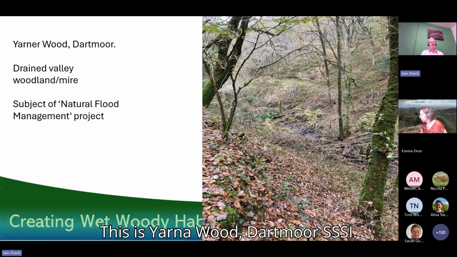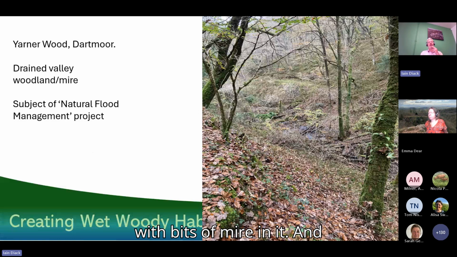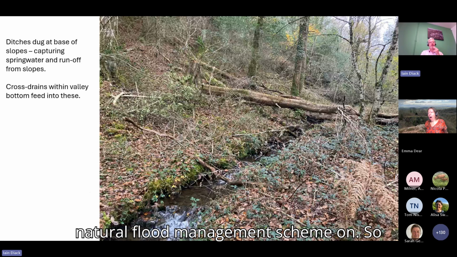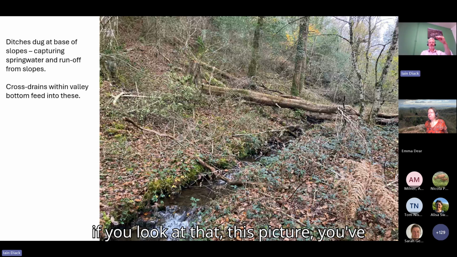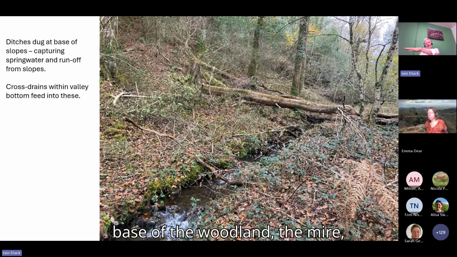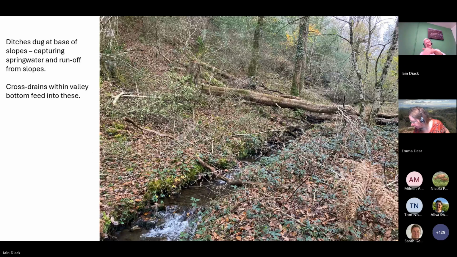This is Yarner Wood, Dartmoor, triple SI. It's a drained valley woodland with bits of mire in it. And recently it's had a natural flood management scheme on. So if you look at this picture, you've got slopes coming down, and you've got the base of the woodland mire, but